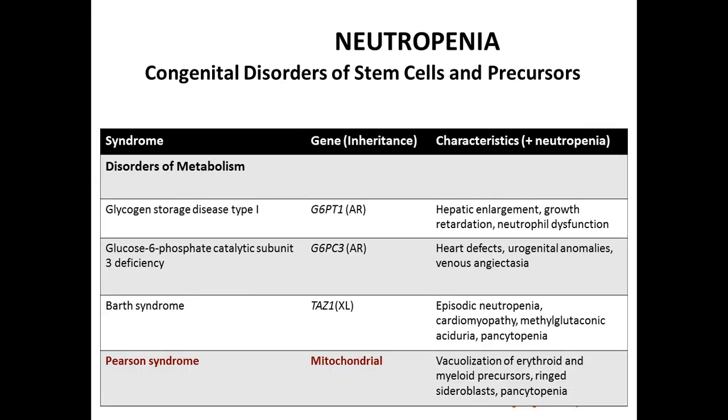Okay. All right, then there's disorders of metabolism. These are rapidly metabolizing cells. So anything where you have problems with glycolysis or with keeping gas in the tank can manifest as a problem with neutrophils. And there's some specific diseases I've mentioned here that I think are worth bringing up. Pearson syndrome seems to get tested all the time because it's mitochondrial. Just remember mitochondrial inheritance for Pearson syndrome. That seems to show up.